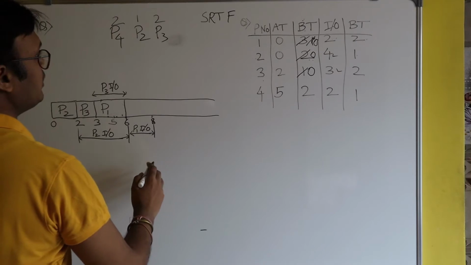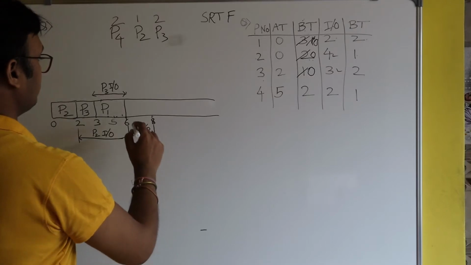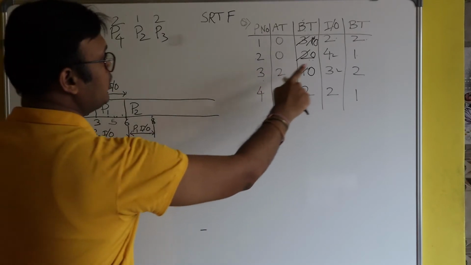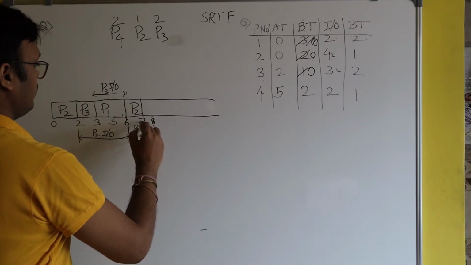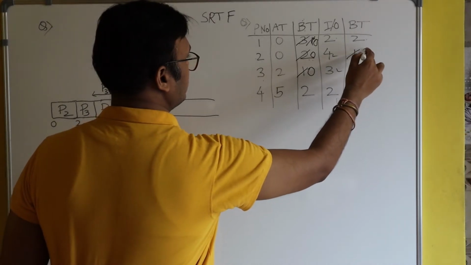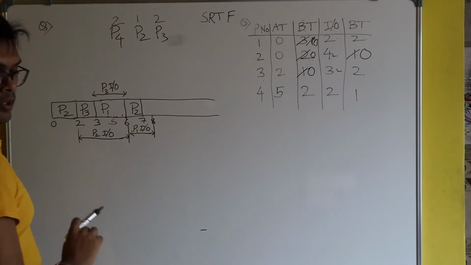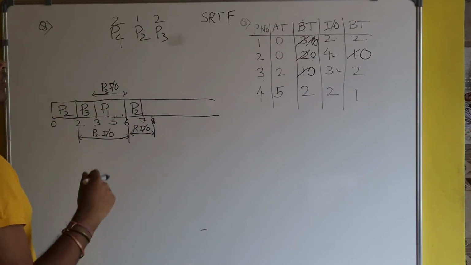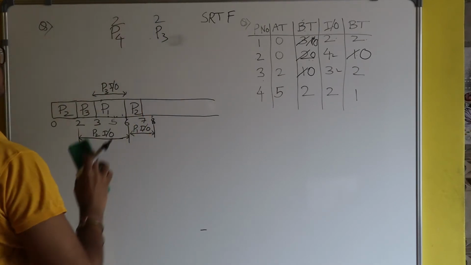So here I will write process P2. Okay. So here you see process P2 will run for 1 second. So from 6 to 7, P2's task is over. Okay. So here this is 0. Fine. Now P2's job is done. P2 has completed its total part: burst time, IO, and again burst time. So here I am removing P2.